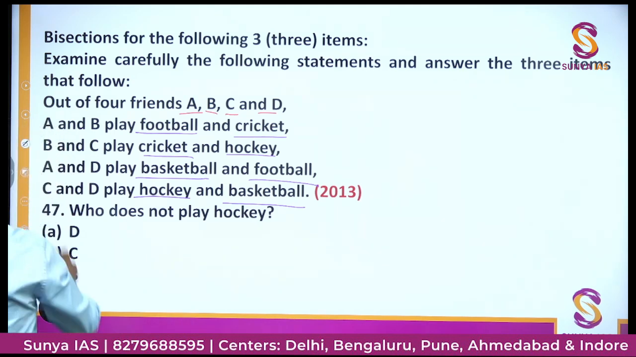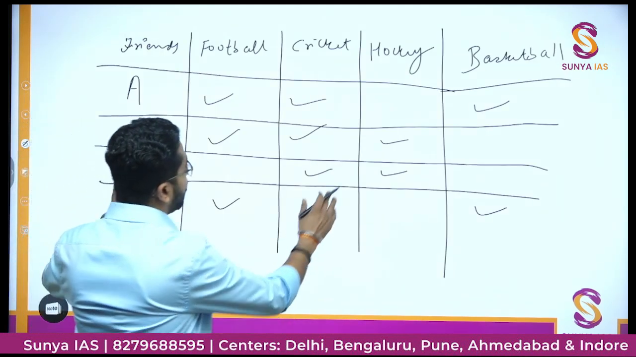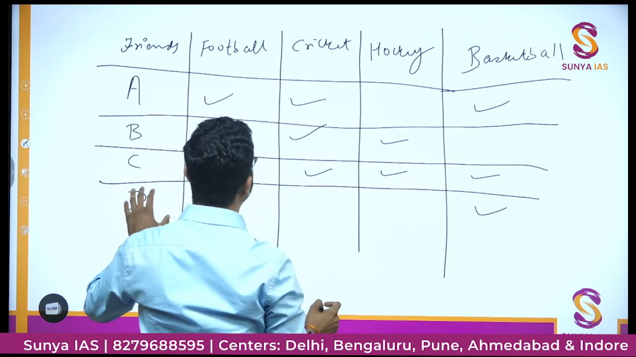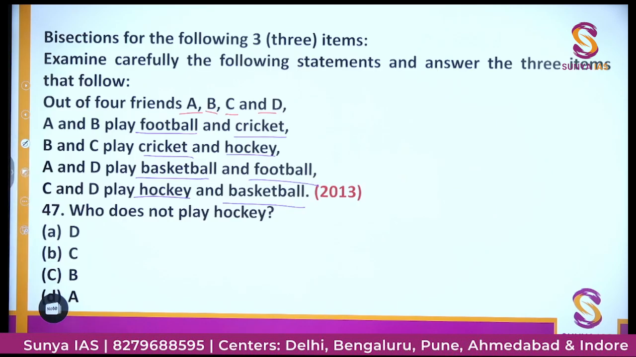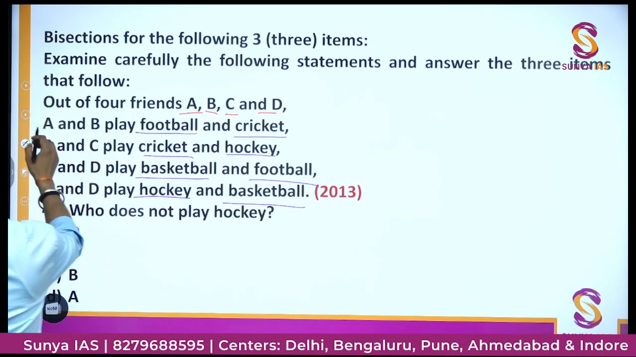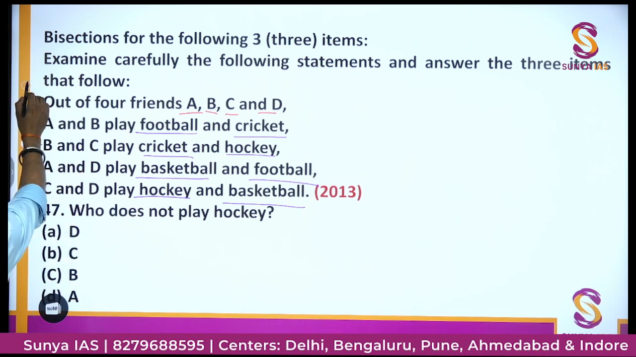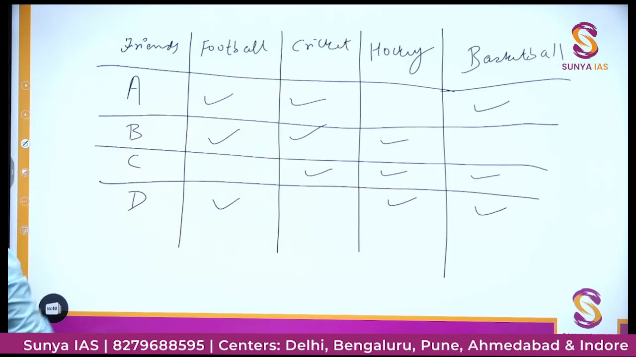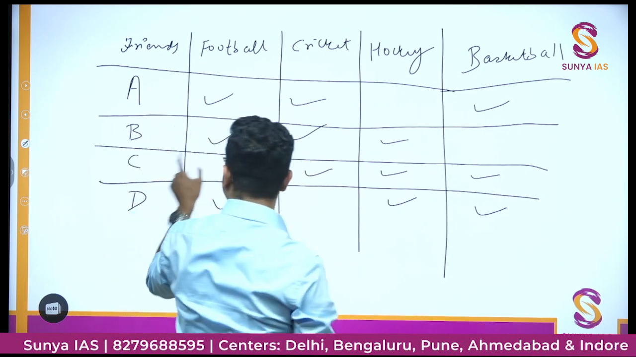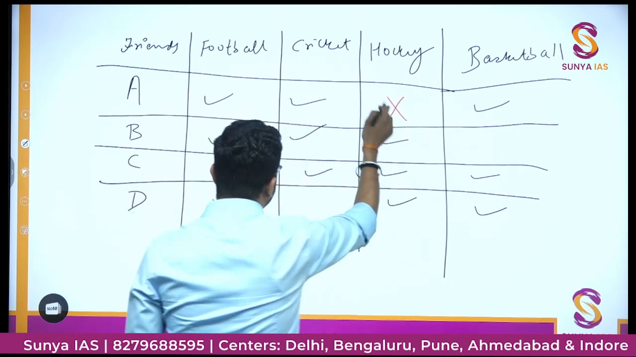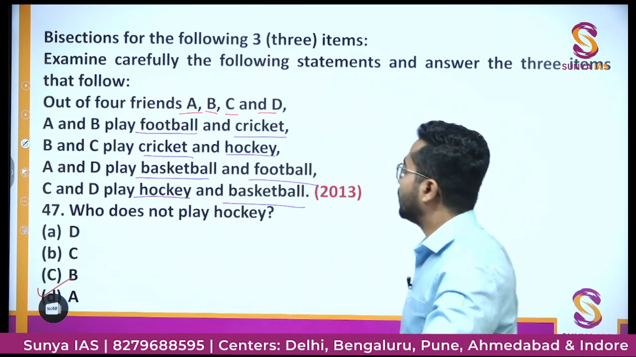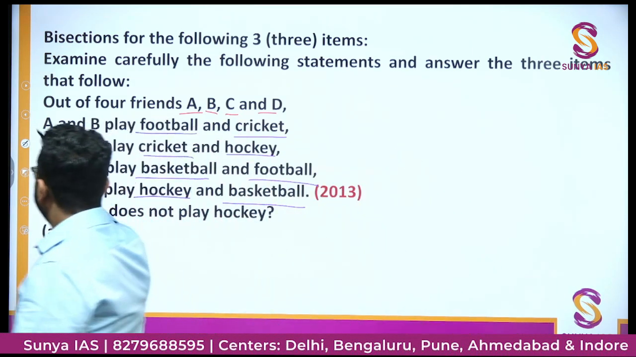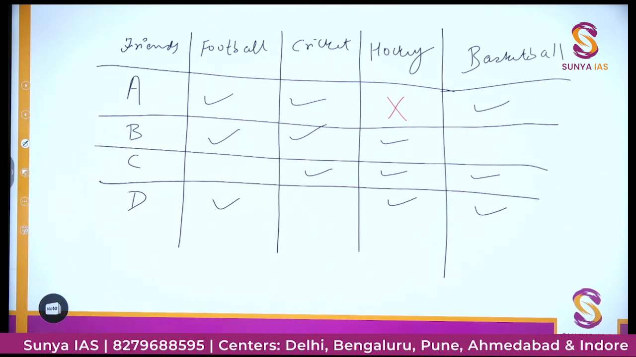Then, C and D play hockey and basketball. C and D play hockey is already given, basketball. Right? So what is the question? Who does not play hockey? First question is who does not play hockey? So if we see, B is playing hockey, C is playing hockey, D is playing hockey. That is, A is not playing hockey. So the option would be yes, A. That is option D. A is not playing hockey. How did we find it? From the table. ठीक है,